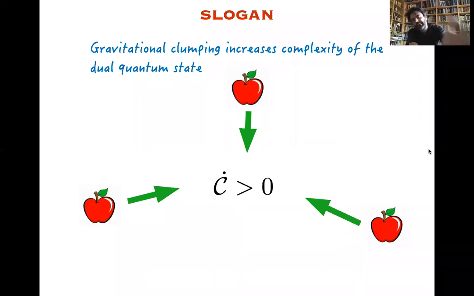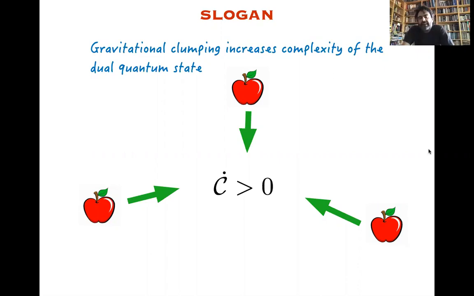state, assuming that you have a complete description which involves gravity via holography. Okay, so we know that there is a spectacular version of this which is at the root of the discussions of complexity, which is that if these three apples end up making a black hole, then after the black hole has settled down and nothing seems to happen, then complexity is still growing linearly because of something that is growing inside the black hole. But this should be also true even when you have three apples falling together before they